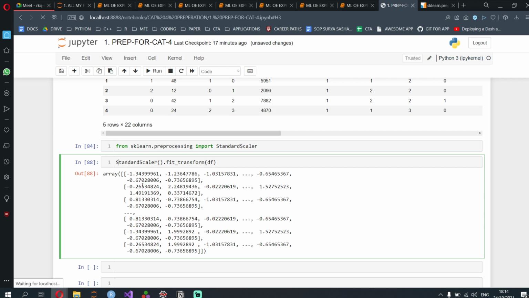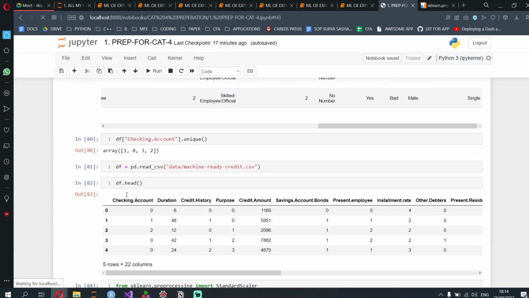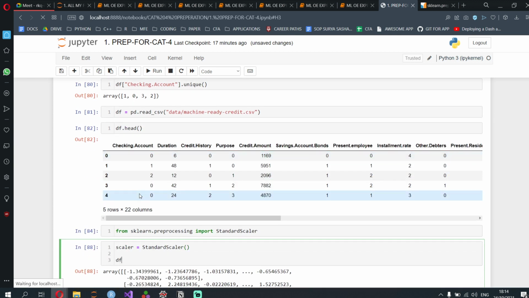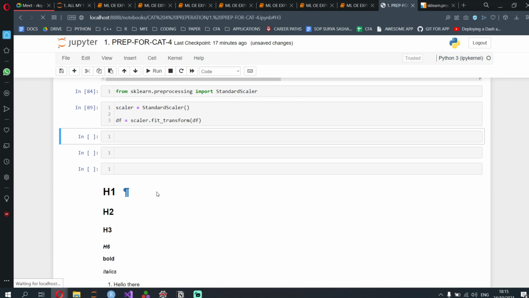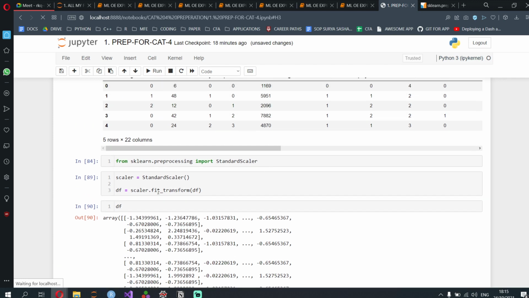Okay. So the reason why it was coming up wrong is because you need to create the scaler object. I should have done what we did over here properly: scaler equal to StandardScaler(). Then we should have done df equal to scaler.fit_transform of df. This is how it will work now. If I print df, it will give this array. Don't worry, I know it looks like an ugly array.